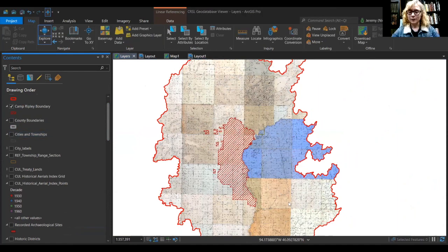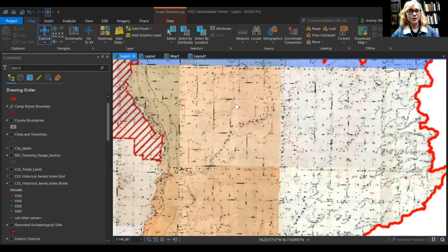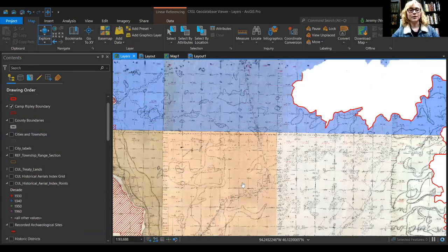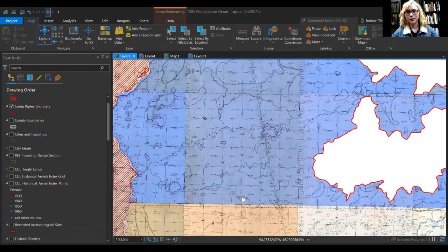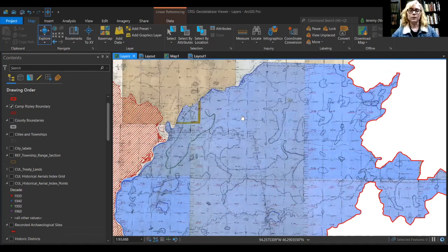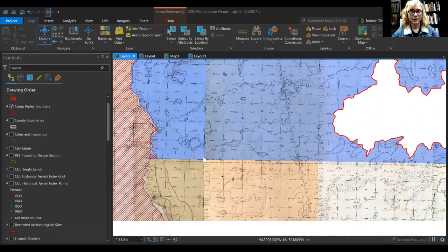So the glimpse we get with GLO is a very original view of the landscape before settlement came in, before Euro-Americans started to introduce their farm fields, deforest, redirect streams to irrigation pathways, drain lakes to populate. So we get a more original view of the landscape, what it would have looked like pre-settlement for the most part. But you still do get some early on additions,